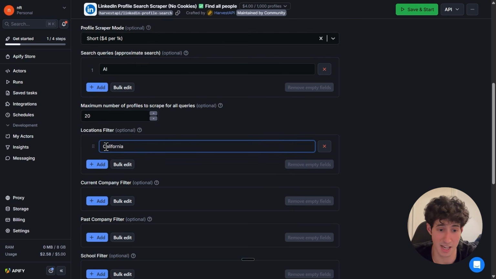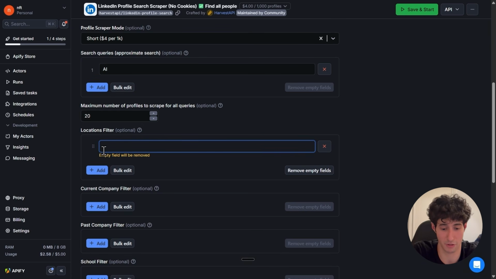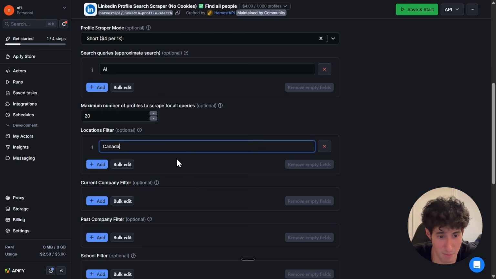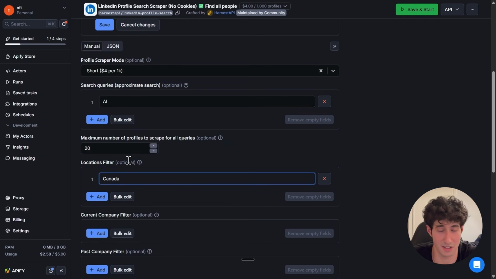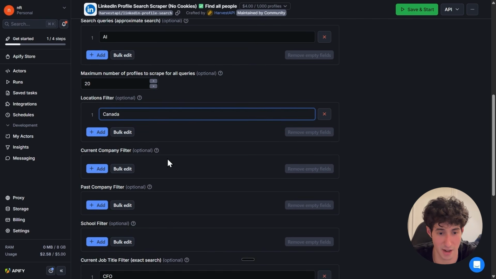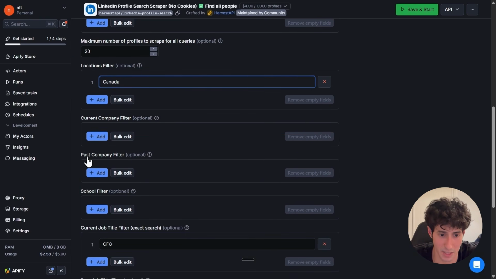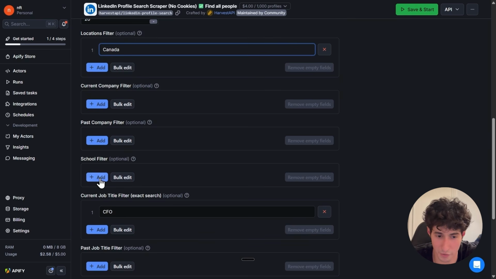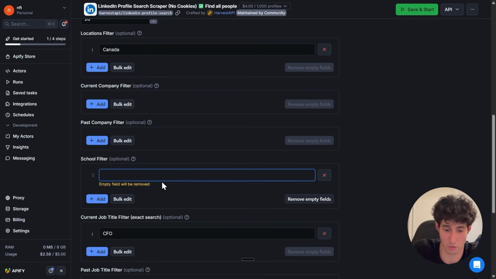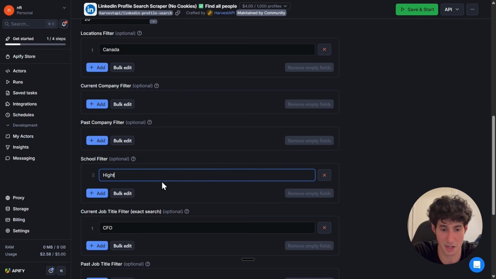Now over here again in the location, make sure you just input a random value. You can literally say whatever you want. You can say Canada if you want, for example. It doesn't matter. Just make sure that for the values you want to scrape, you put in a random value inside there. So you can see there are multiple values as well, like past company filter, school filter. If you want a specific school, you literally type a random school, for example high school, you could say. Like, it doesn't matter, you just put in a random value, so we can configure this later on in